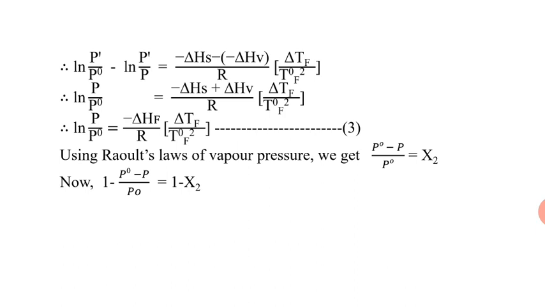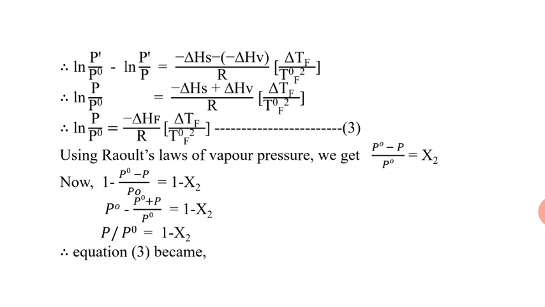Therefore P0 minus P0 plus P upon P0 is equal to 1 minus x2. Plus P0 and minus P0 get cancelled and we get P upon P0 is equal to 1 minus x2. Therefore, equation 3 becomes,